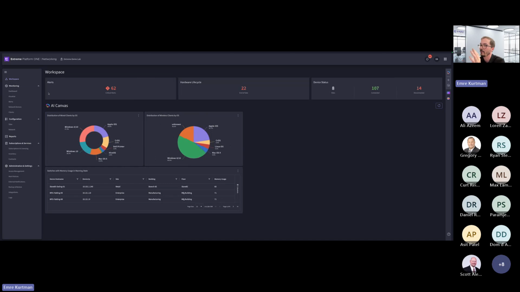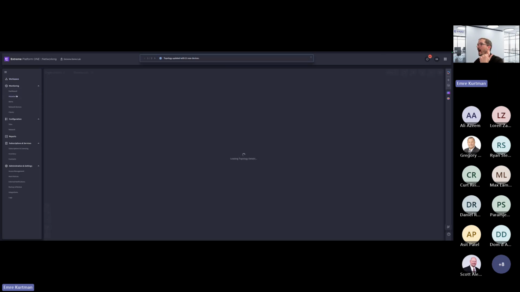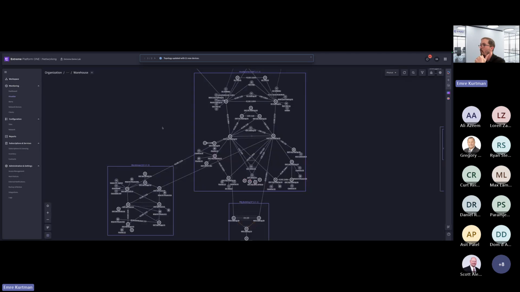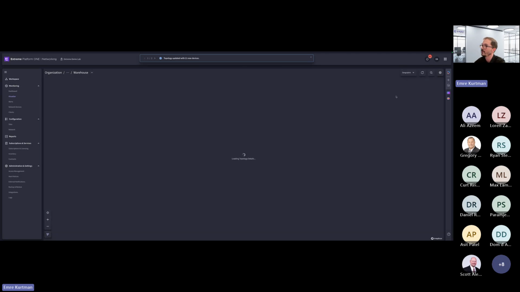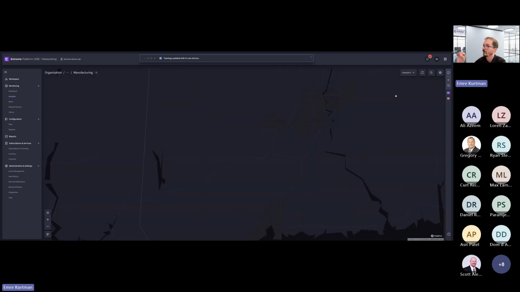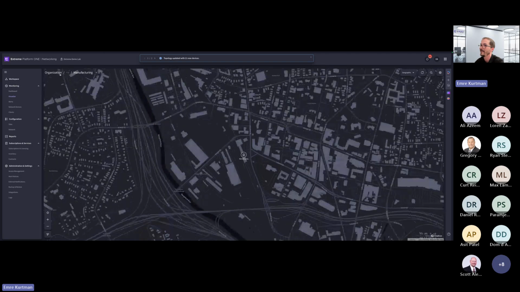Okay, so now I would like to focus on the visualization piece, because that's also important, especially I know some of you are using Fabric. So that's why I wanted to focus on the visualization. So this is the first view when you first log into the EP1 and go to the visualization: the geomap.